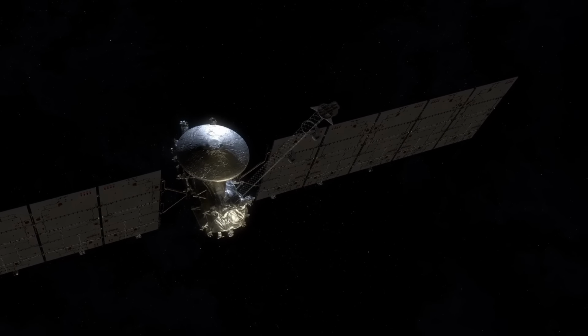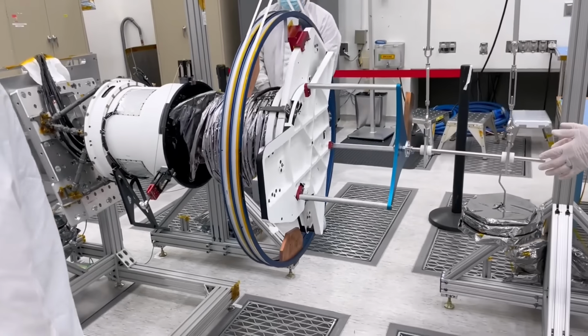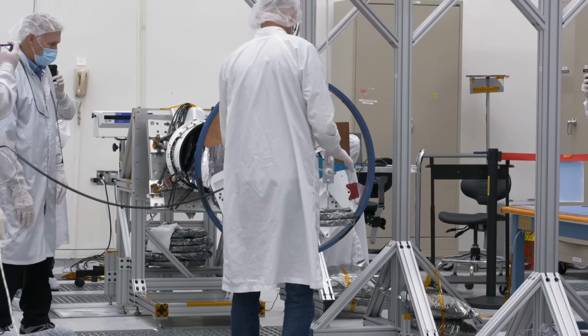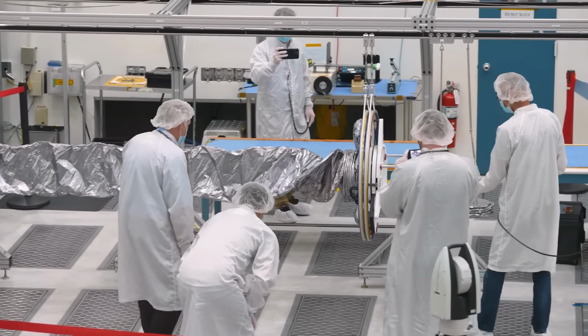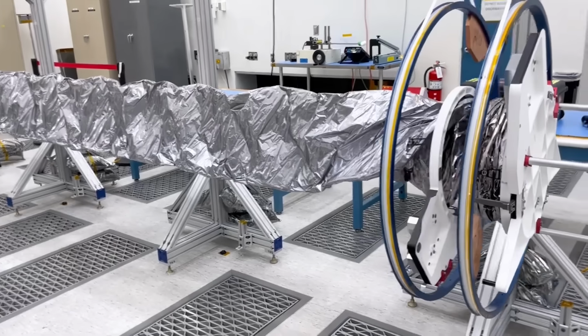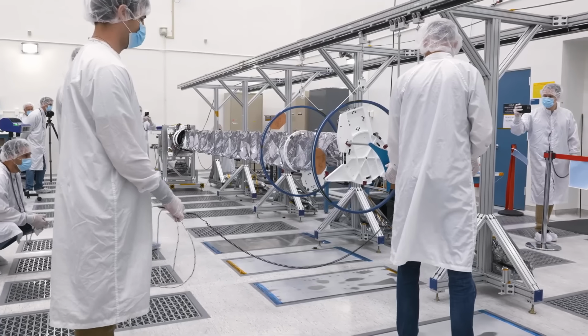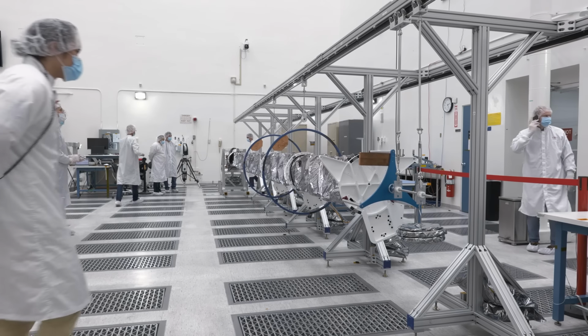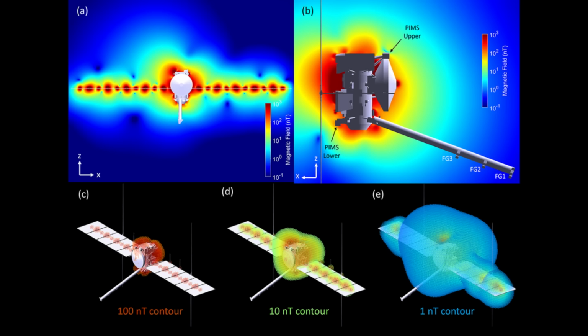So this boom is about 9 meters long, 28 feet, and it has to deploy after takeoff in zero gravity. There are some great videos showing them actually testing the deployment mechanism back on Earth. You notice that they have all this hardware that's designed to support it and make it feel as if it's in zero gravity. And this moves the 3 fluxgate magnetometer instruments a long way from the spacecraft, limiting the effects of the spacecraft's magnetic field and making it a little easier for the scientists to tease out that small signal